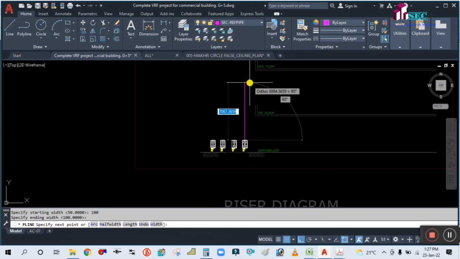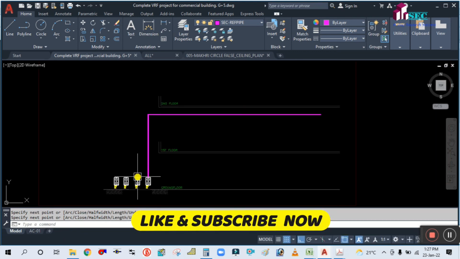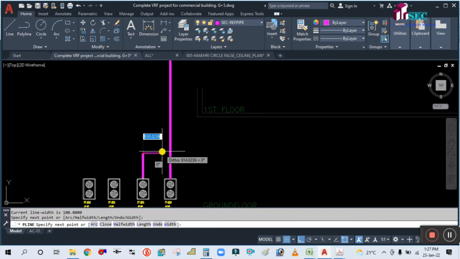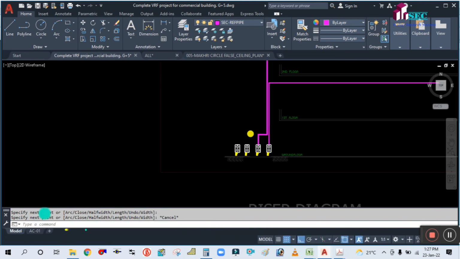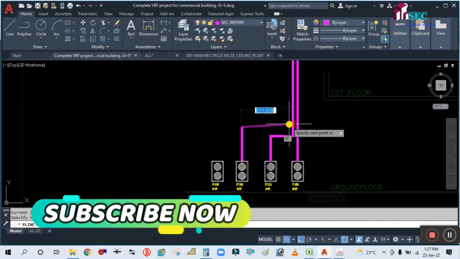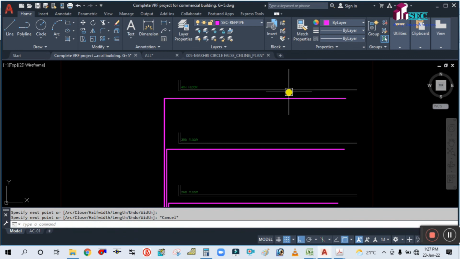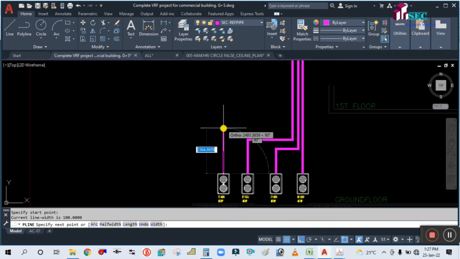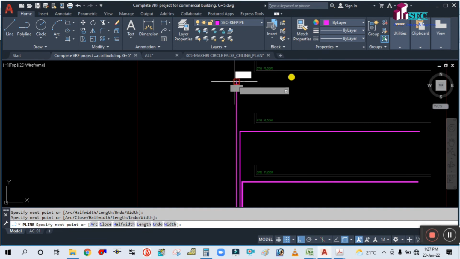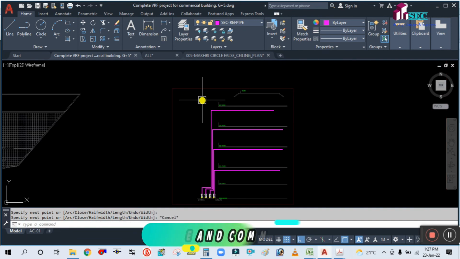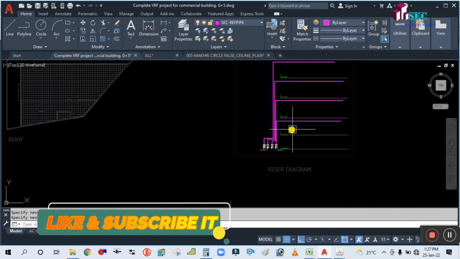Okay, these are the first floor unit. Okay, and these are the second floor unit. This is for the second floor, and this unit is for the third floor. This is for the third floor. Okay, and this for the fourth floor. Okay, and the fifth floor is on the same place, on the roof only. I have put it here on the roof,